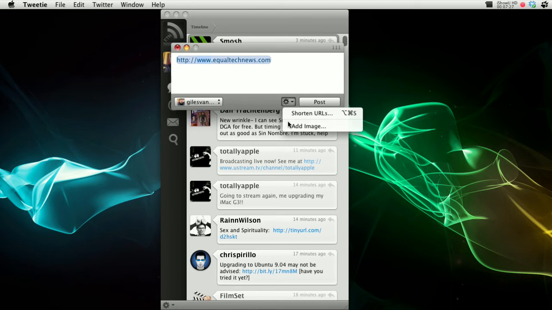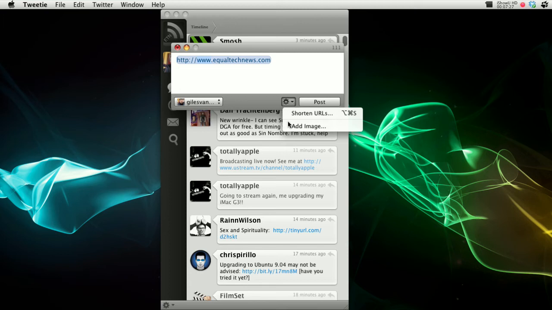Then we can go in advanced, and we can preview short URLs. We can enable the status bar, which is this bar down here. And I'm not sure what badge dock icon is, but this is what I was talking about, the global hotkeys right here. You can see show hide Tweetie. I don't have one for that because I don't really need it. It's always open. But new tweet, just Command Shift F. Yeah, see, it's already there. Whatever. But yeah, so that's the preferences. So when we make a new tweet,